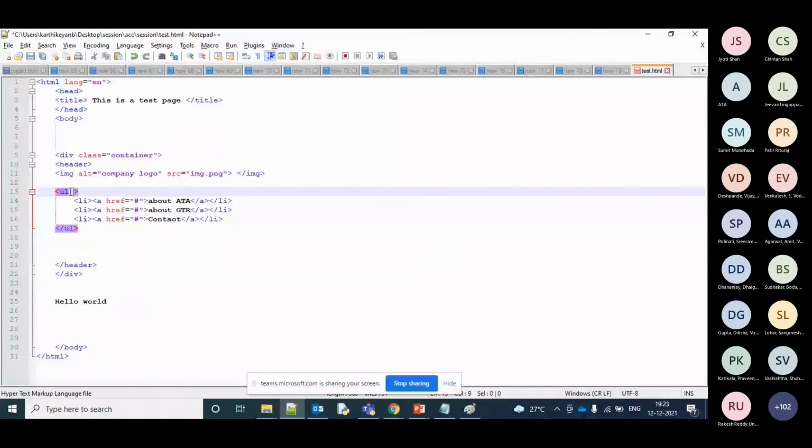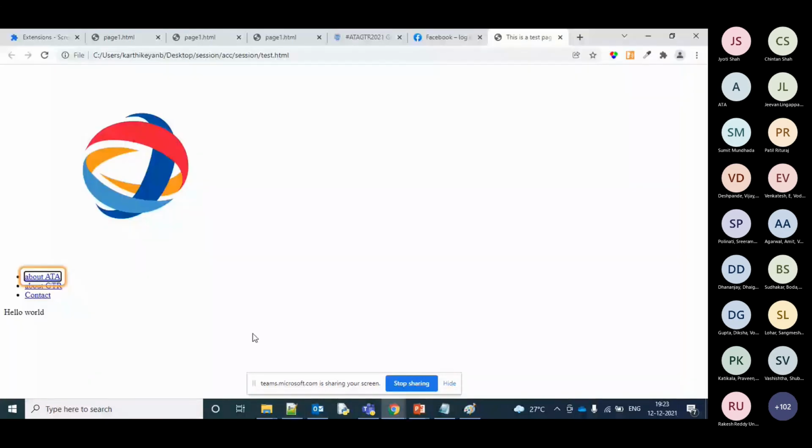So what we can say over here, role equal to navigation. So now when I refresh, you'll hear that it's a navigation menu. This is a test page. Company logo. Navigation with 3 items. About ATA.